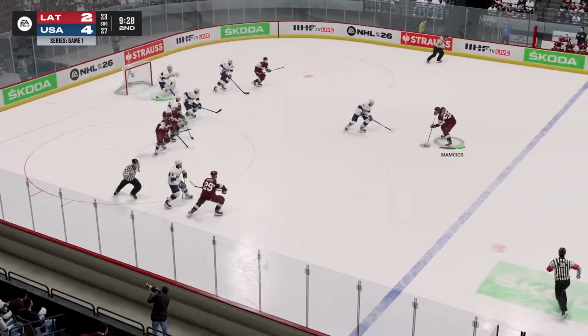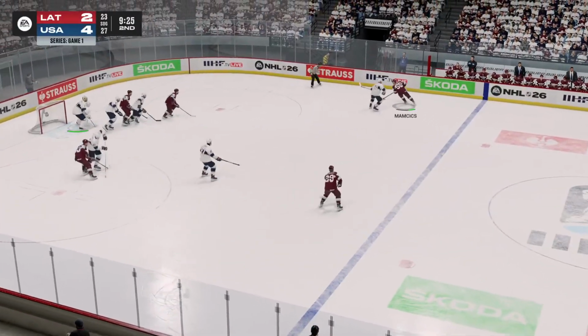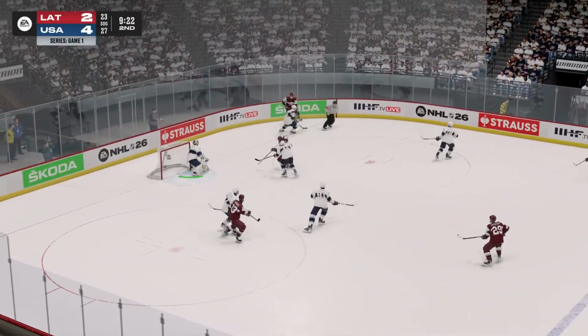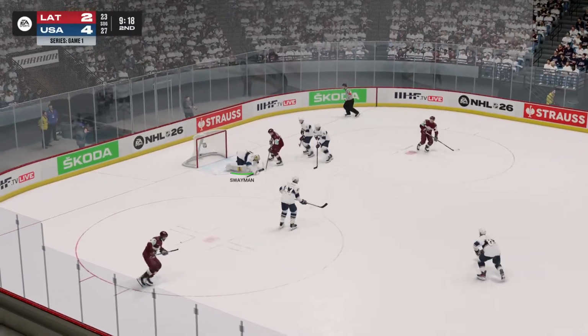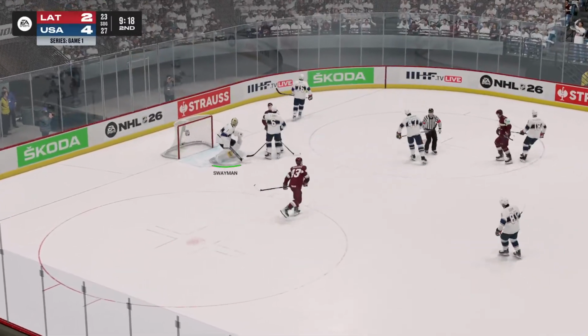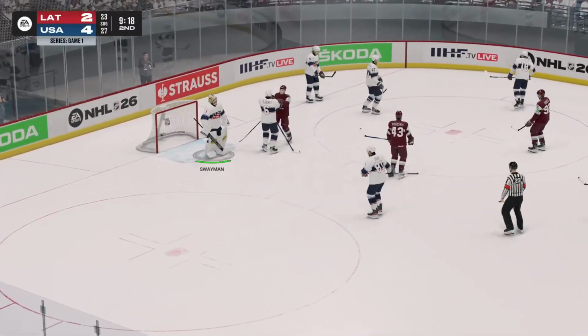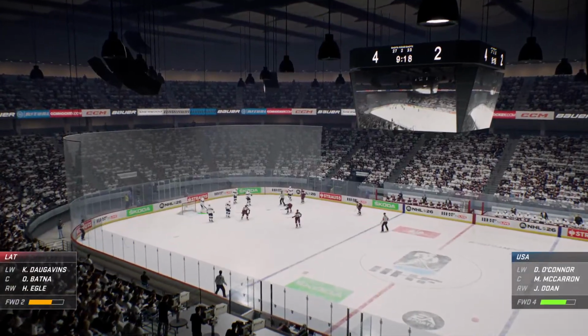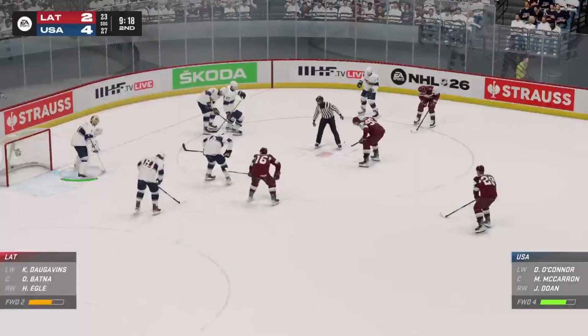Face-off control by Latvia. Up to the point. Pestered out there off the wall, down low. Loose puck in the slot, and Swayman just sprawls out to find it. That puck was just rolling around right there in front of the net, but there were no Latvia players down there to try to send it home.